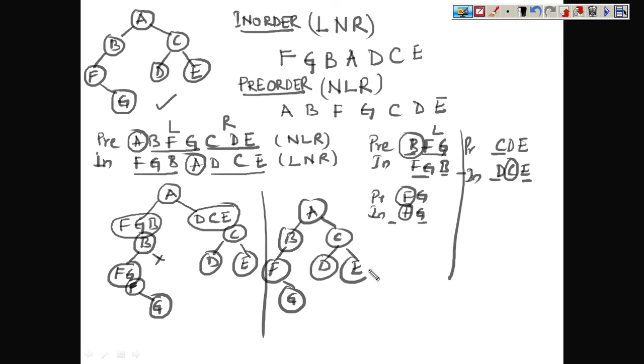and then E. So we have seen that this tree and this tree are the same tree, and we have already practiced and checked that if any pre-order and in-order is given to us, we are able to construct a binary tree. So this is all for this lecture,